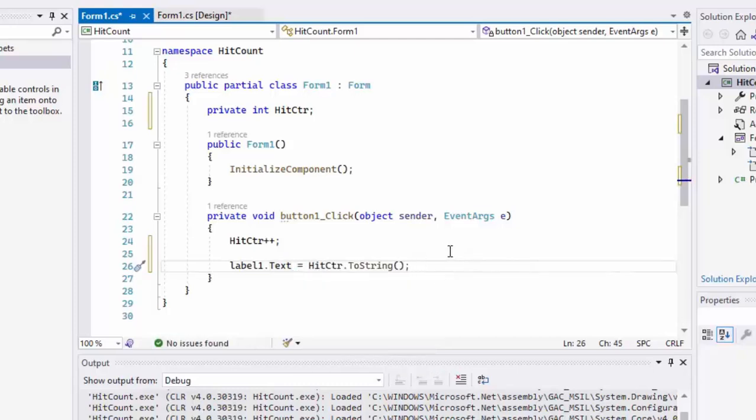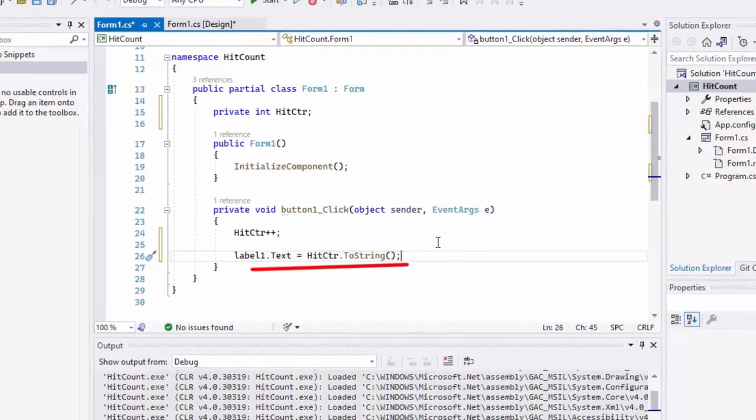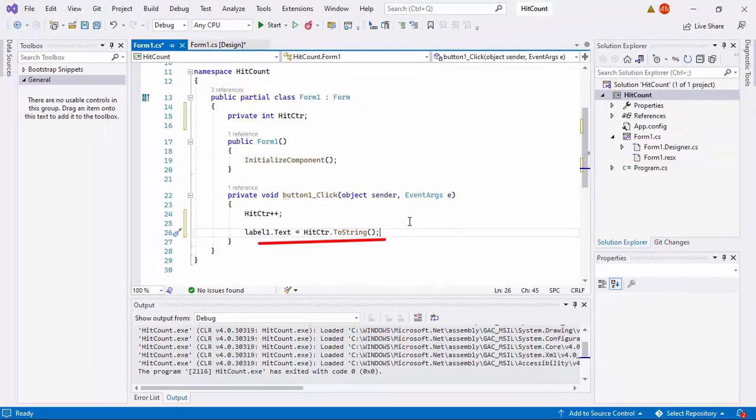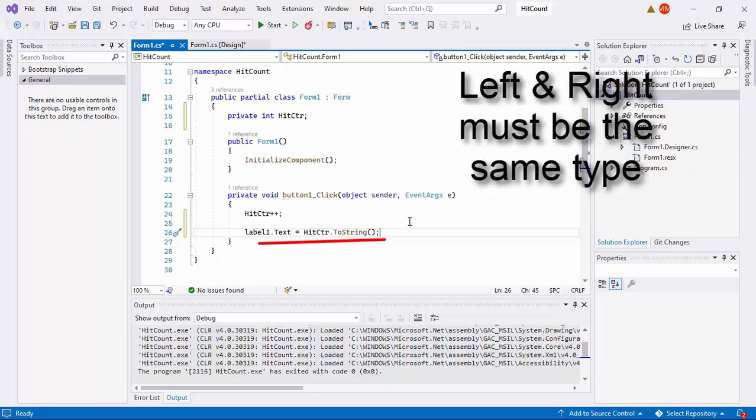Okay, so this already shows that Visual Studio is a smart code editor. And why we need to do the conversion of the hit counter to string is because the text property of the label is a string. So we need to make both left and right to be balanced, to be the same or equal.